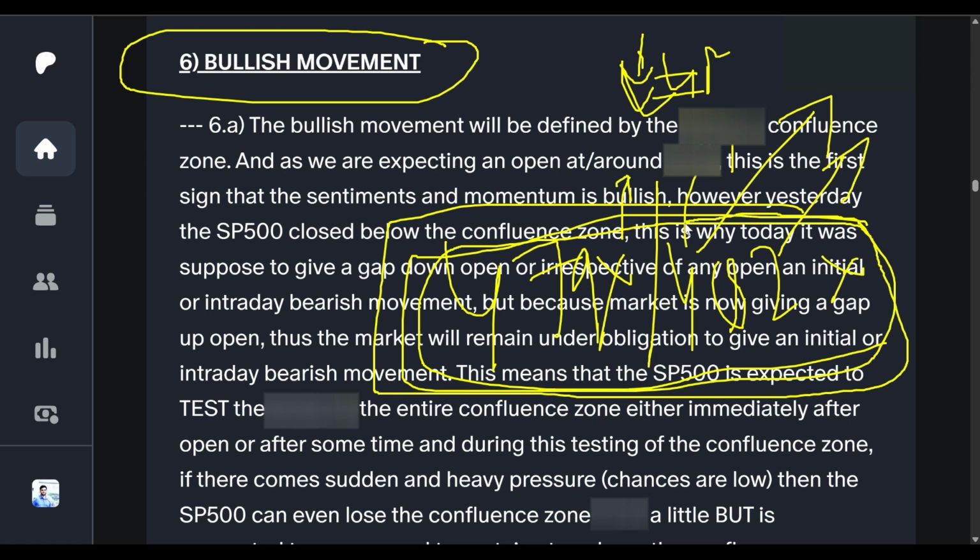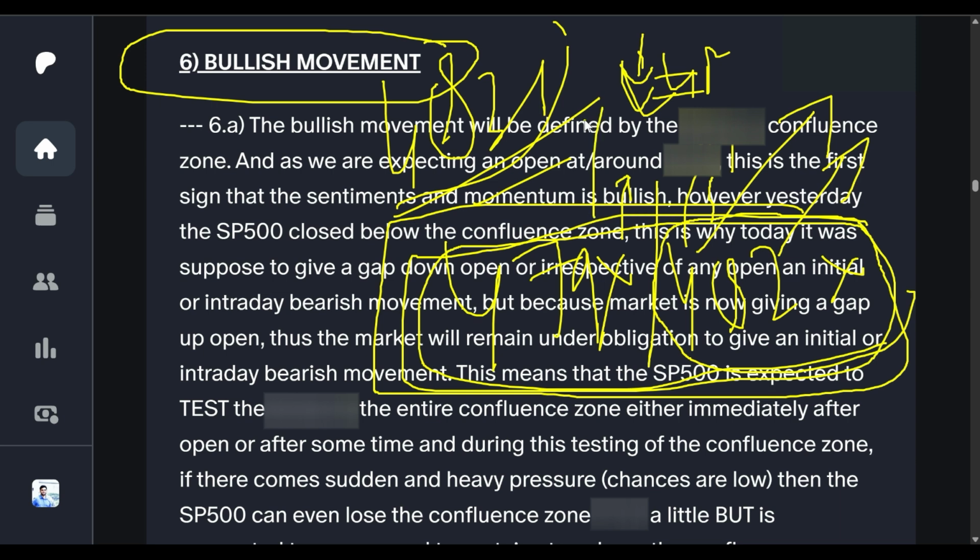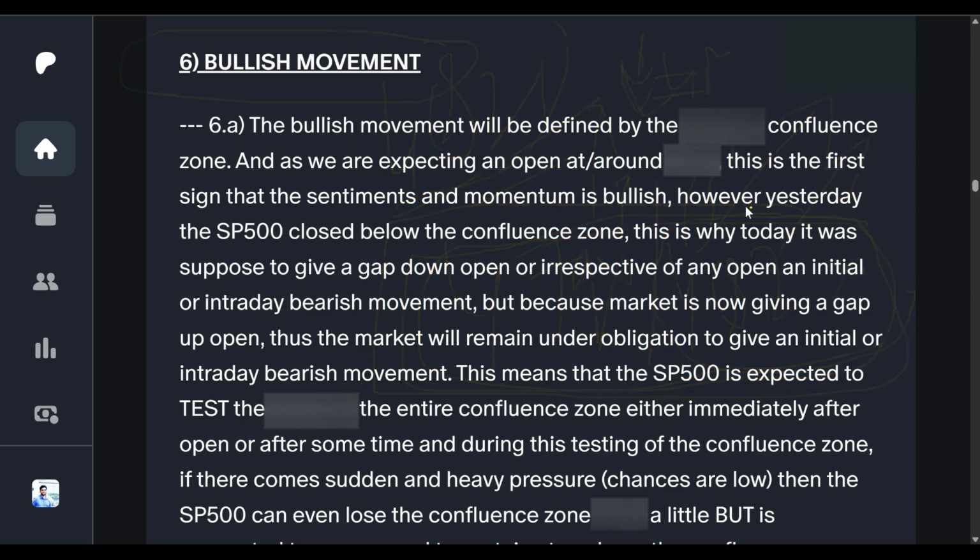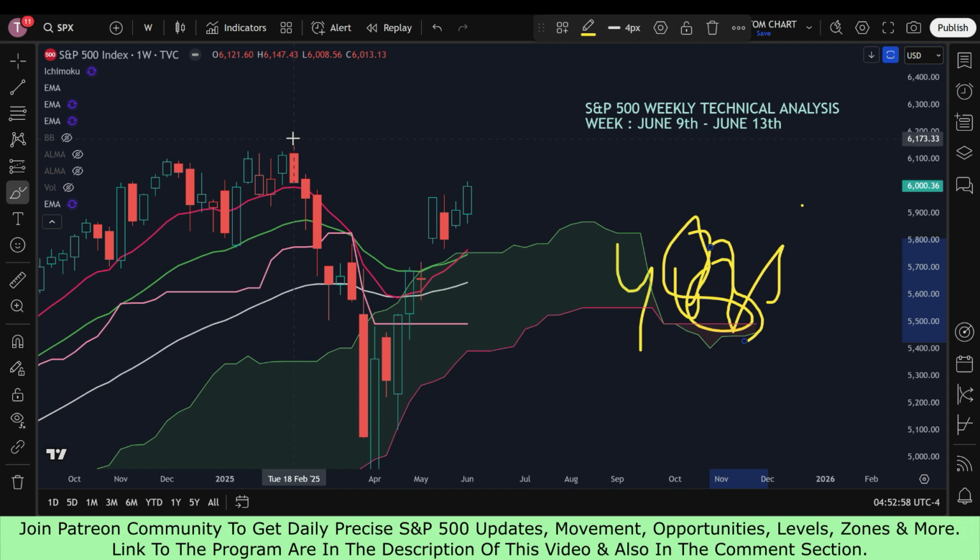However, the S&P 500 never hit the 482x zone. Rather, the low was 4835, just a few points before it could have hit 482x. There was a strong bounce, and now we are seeing the S&P 500 back at the 6000 level. The all-time high of the S&P 500 was 6147 on 19th of February, and now it is reaching near this all-time high.